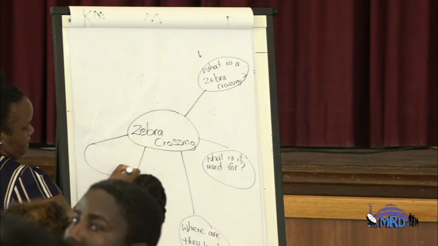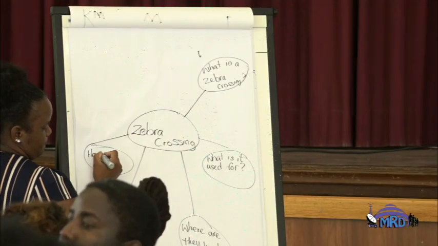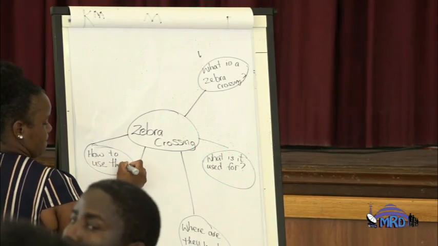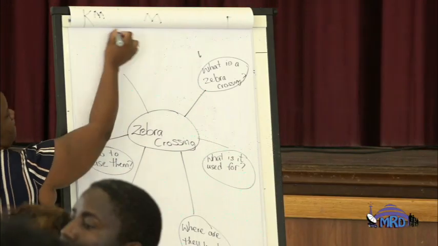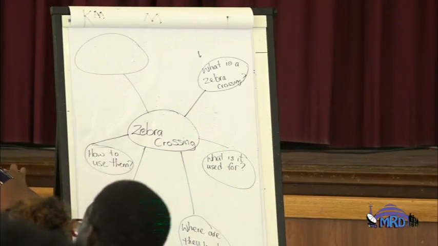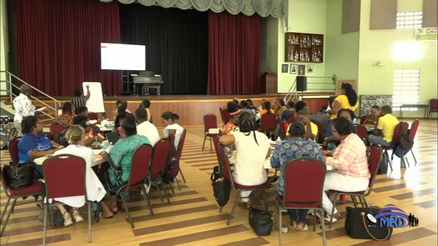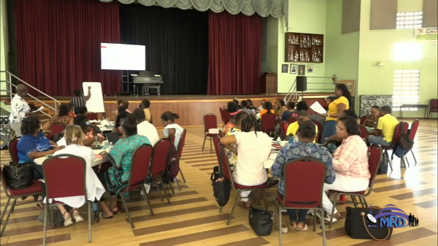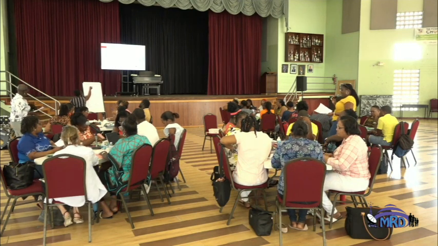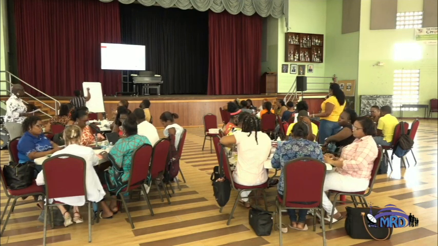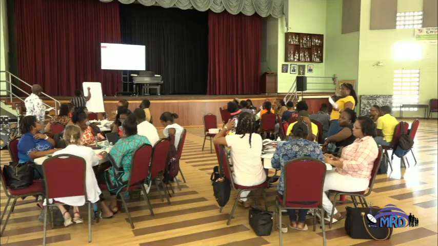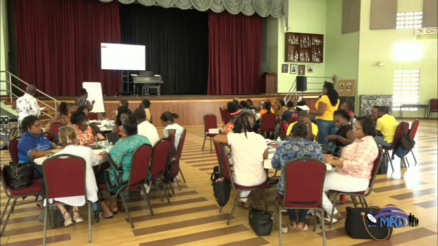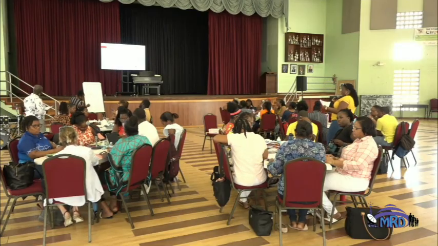Then we ask, who uses a zebra crossing? Students do, but then we see other pedestrians, which comes with the vocabulary also. So maybe they say people walking on the road. Then we get to introduce the word pedestrians, get them to use the language. Again, we're discussing, how do we use them? Do we just run across because we're at the crossing? Do we wait? Do we wait on the traffic warden? If there's no traffic warden, then what should you do? Maybe we follow the traffic lights that we see. We wait for the crossing signal. If there's no crossing signal, what else do we do? And we also ask,